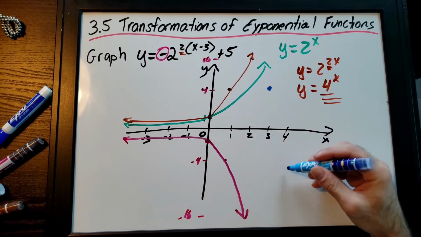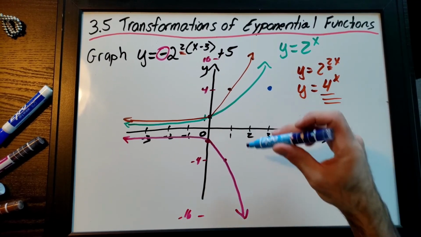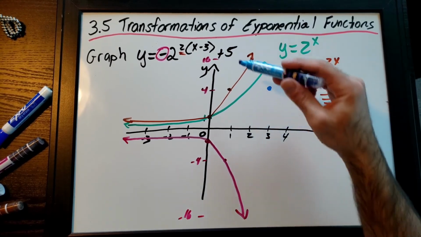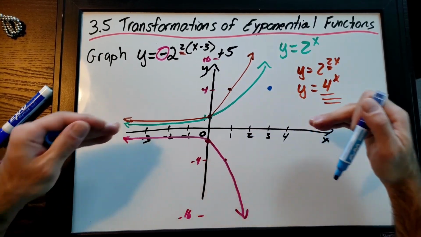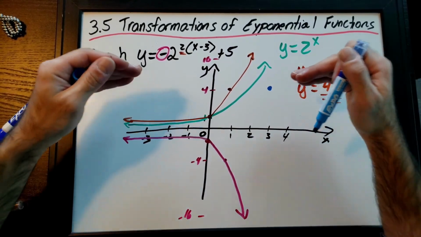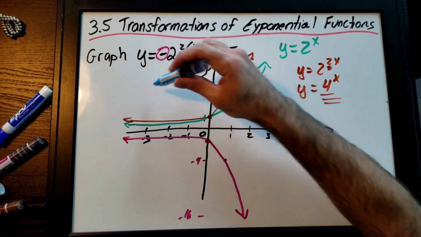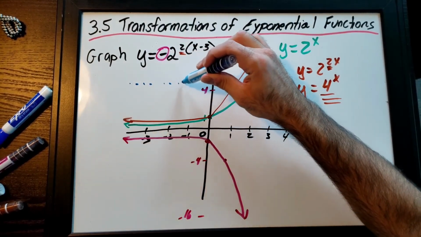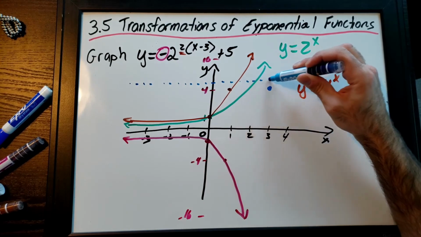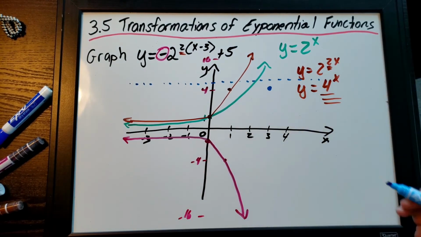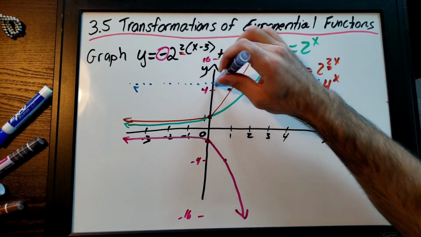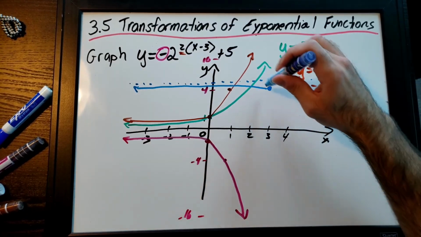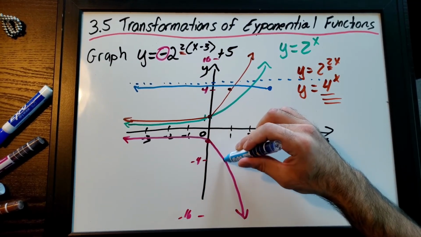Now I can do that with every point, but I really want to do that with my asymptote first, especially actually only the plus 5. I want to take my asymptote, which is at y equals 0, and place it at y equals 5 now. So I'm going to have a dotted line. I can imagine it. I always like to draw dotted lines for my asymptotes just because it helps me draw my estimation. Because I know that this is going to approach that value,